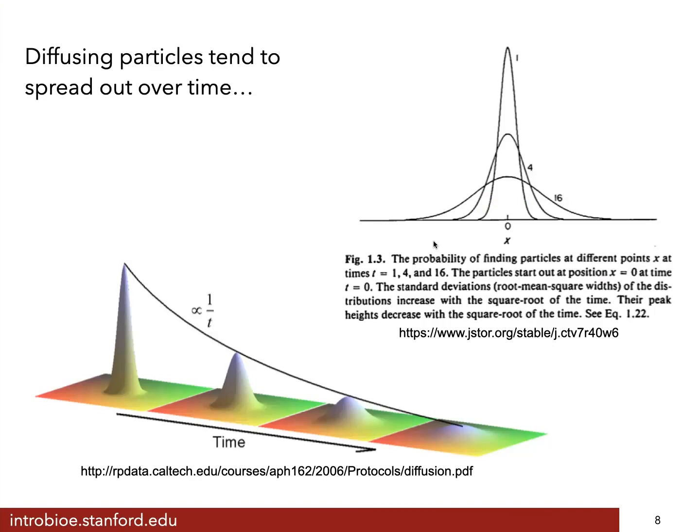In my experience, when I've done things like this, there might be a concentrated spot of dye in the middle of the dish right when I add it, but inevitably, for reasons, the dye will spread out over time. And so that's what's shown in this depiction on the bottom left of this slide. Like the height of the surface shown in this image is the density of the dye in a two-dimensional solution. And as time progresses, the intensity of the dye diminishes as the dye overall spreads out and colors the entire